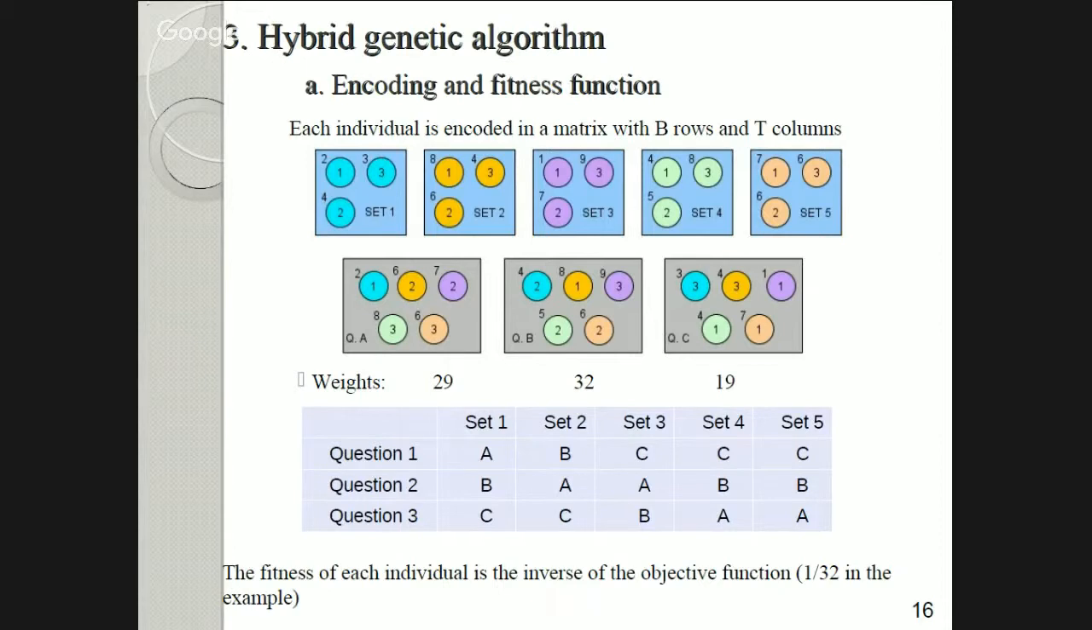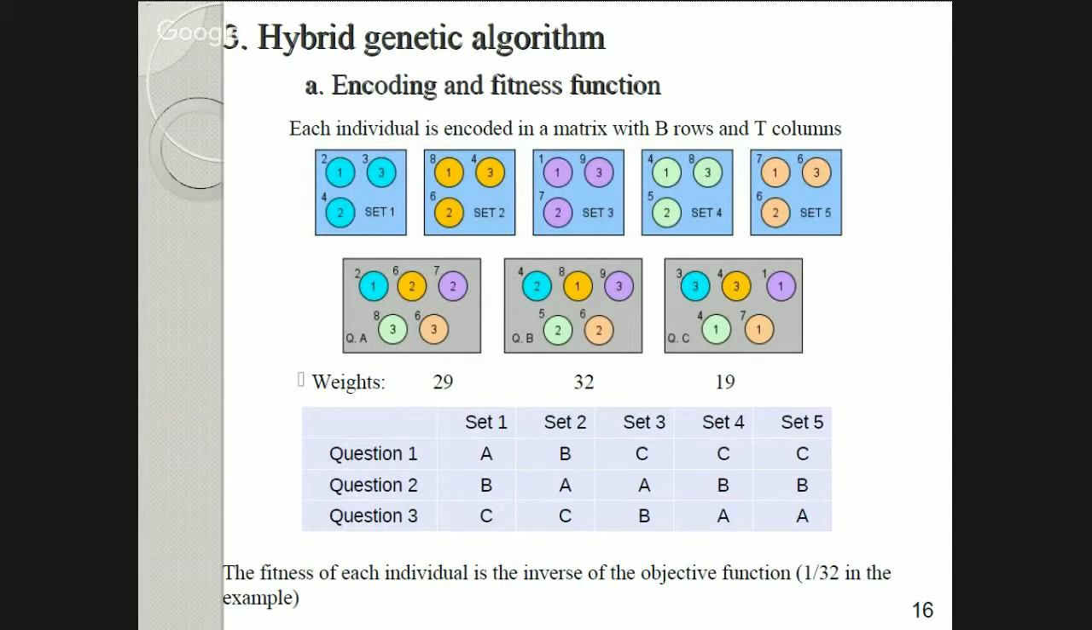I'm going to explain this fairly fast because it's a very simple genetic algorithm. The only interesting part is the crossover. That's where the magic happens. So the encoding of this, each individual is encoded as a matrix, as you see here. So if I have a solution such as this one,